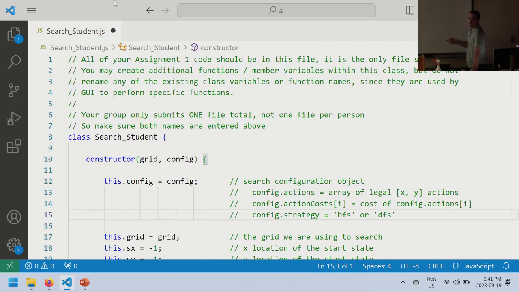Config.actionCosts is another variable. That's another array of, in this assignment, 4 elements. And so config.actionCosts[i] is the cost of config.actions[i]. So the cost of the first action in this array is the first element of that array. The cost of the second action is the second element of the action costs array. It's pretty intuitive. And there will also be a string here, which is config.strategy, and this will either be BFS